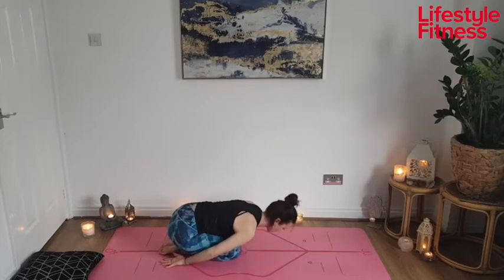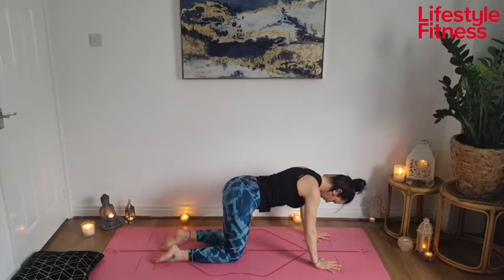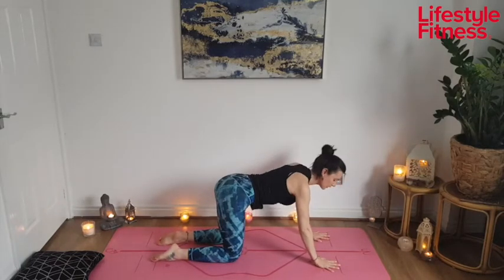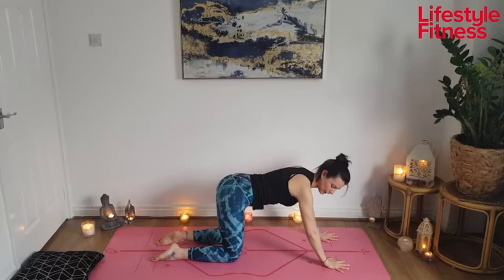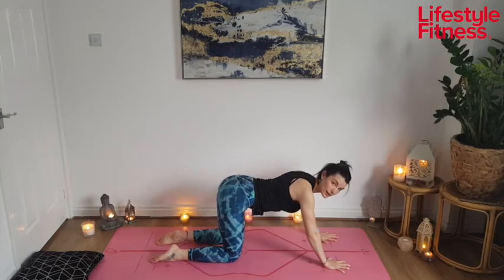Lovely, well done. Okay, bringing the hands in front and coming up onto all fours. Knees back underneath the hips. We're going to come into downward facing dog pose. So I'd like you to bring your hands this time ever so slightly forward of the shoulders. Spreading the fingers again, middle finger pointing forward, and really press down through your fingertips and your thumbs, especially your index finger and your